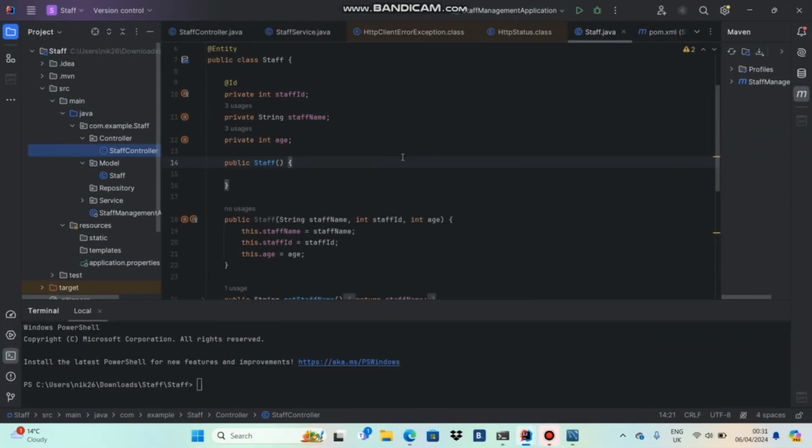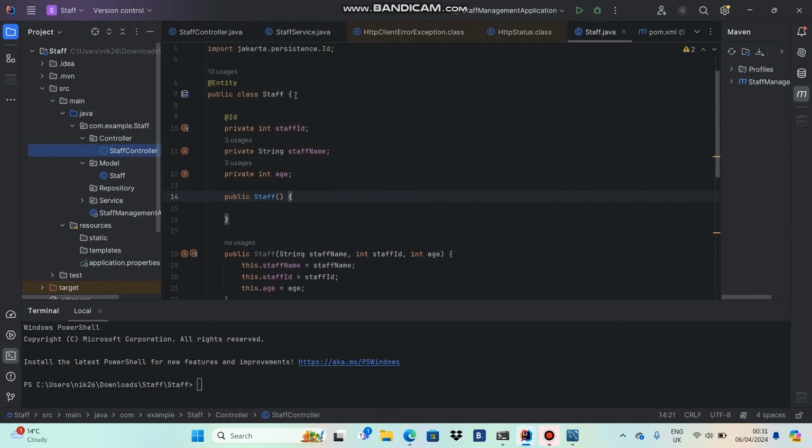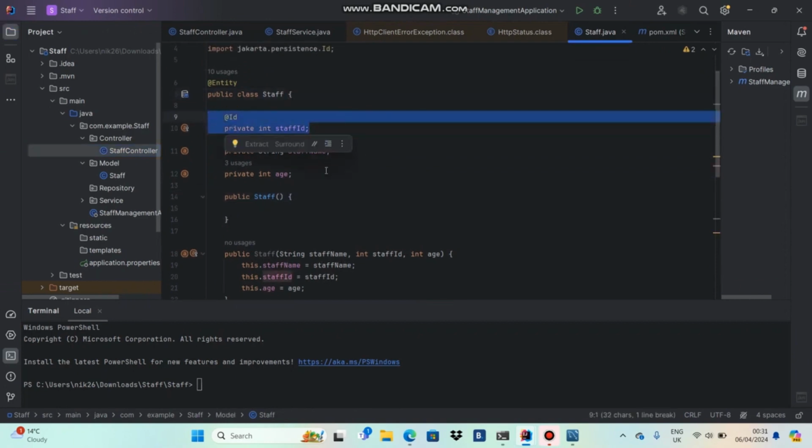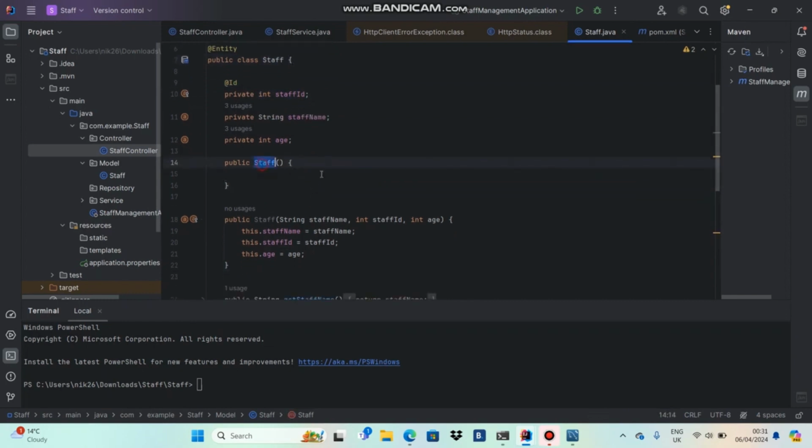Hello everyone. So in the last video we saw how we can turn our staff class into an entity class, and how we can create an ID. I also created an empty constructor. So I wanted to change something here, guys. I had a thought in my mind that